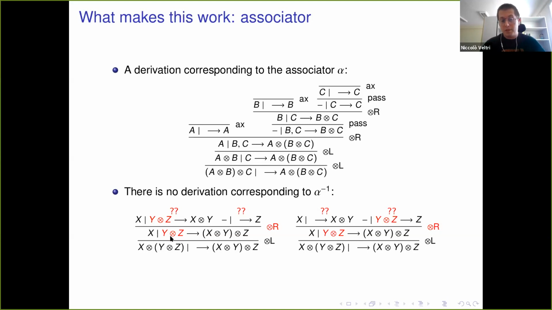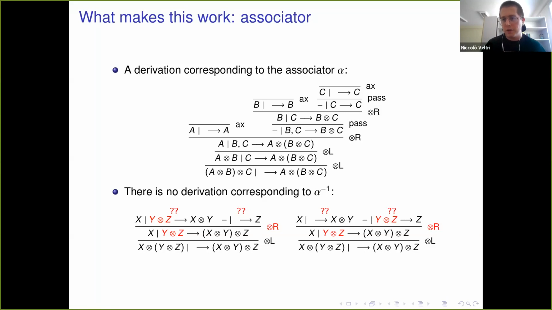And now the problem is that at some point you will have a tensor in the context and you're not able to decompose that, because the tensor left rule only allows you to decompose a tensor if it appears in the STUP position. Okay, so then one would like actually to also, of course, derive, to prove that the coherence law, so the